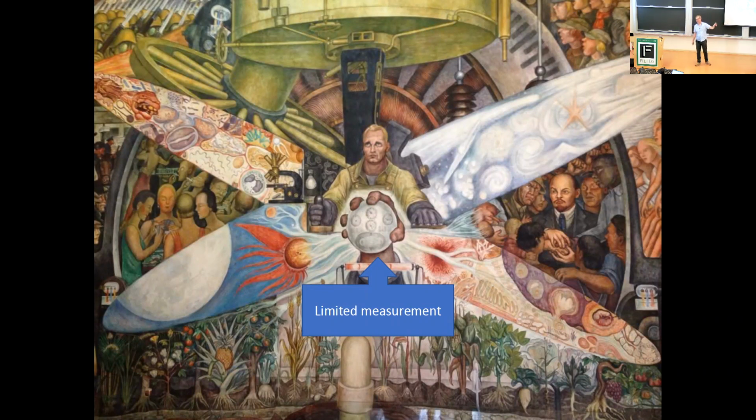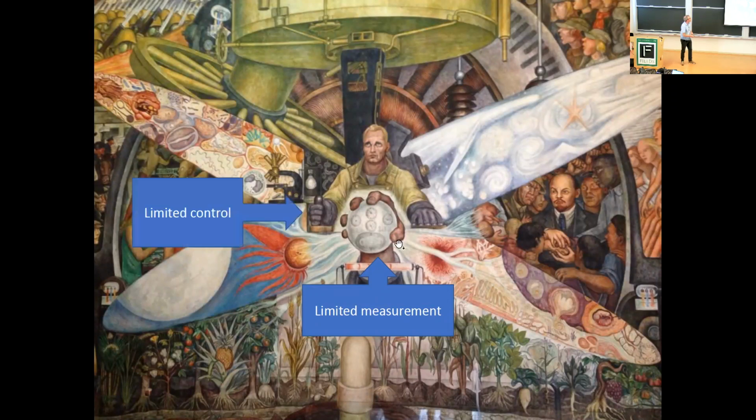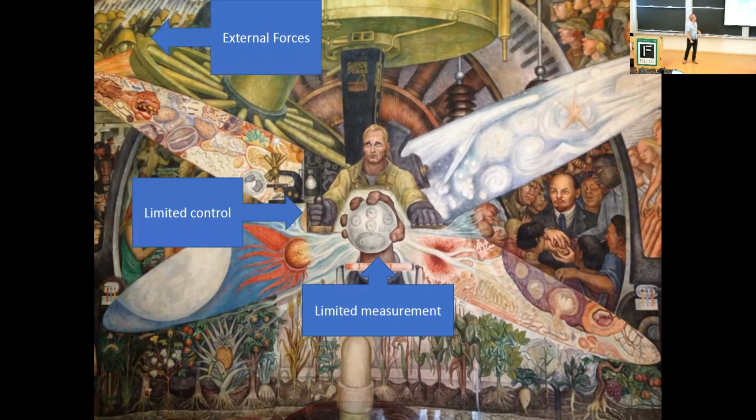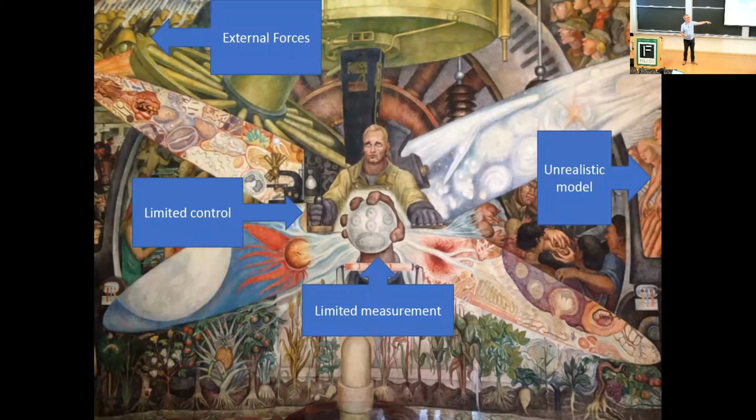So the key thing is, first, when you're doing a quantum experiment, you have limited measurement. You're not able to go in and understand all of the noise in the environment, all the controls. You have to do something smooth. Second thing is you have limited control. Like this poor fellow in the photo only has this joystick, right? And he can turn the machine left and right. I think of the environment as kind of these external forces out of our control, always coming in to destroy the machine. And then I think about these kind of utopian people on the right. It's basically our unrealistic model. So we have some belief about how the system should work, but the system actually does whatever it's going to do.